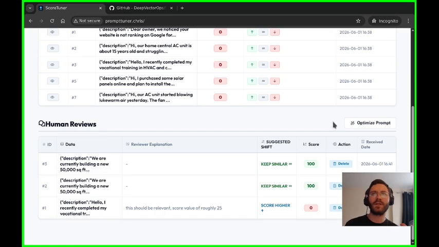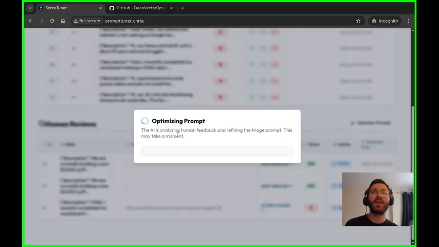And now this is where the magic happens. We will use this data, the human reviews, the 3 entries that we highlighted, and run the optimization prompt process. This is going to take all the feedback we gave it and try to improve the prompt to score the customer inquiries